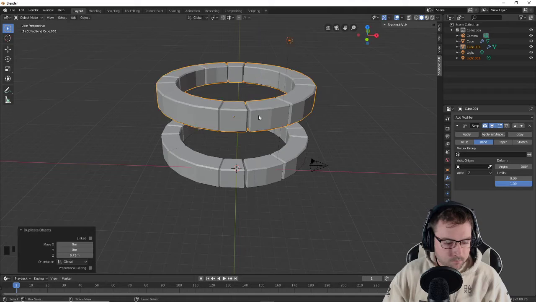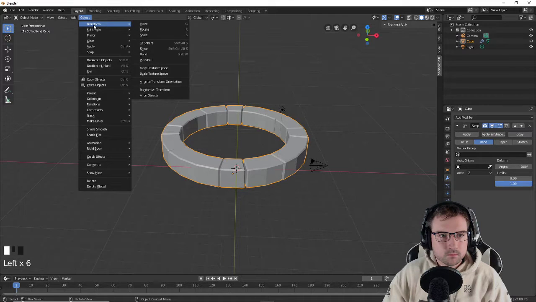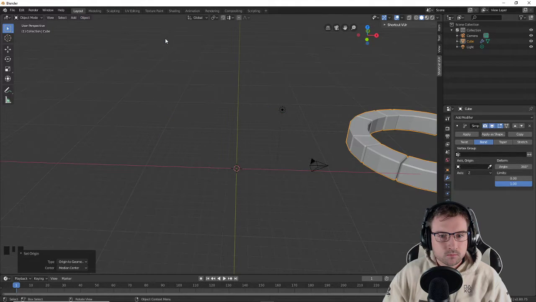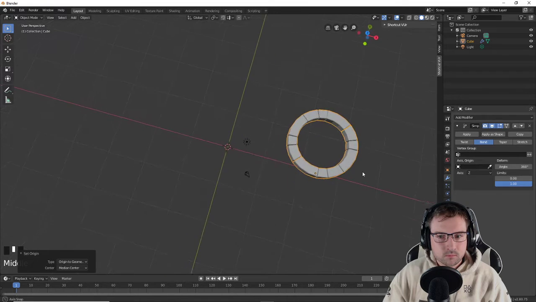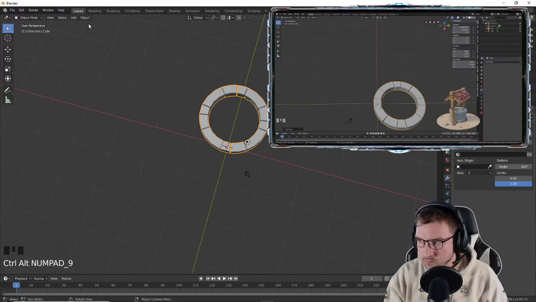So I'm back to where I started, and I'm going to go to Object, Set Origin, Origin to Geometry. And can you see it jump into the middle there? If I press N on my keyboard now and go to Item, you can also see that the location is slightly away from the center. I think